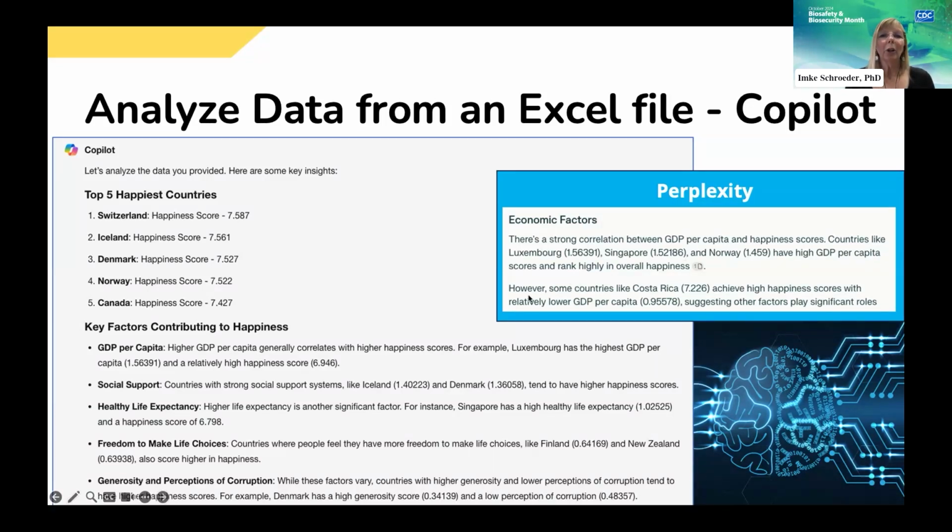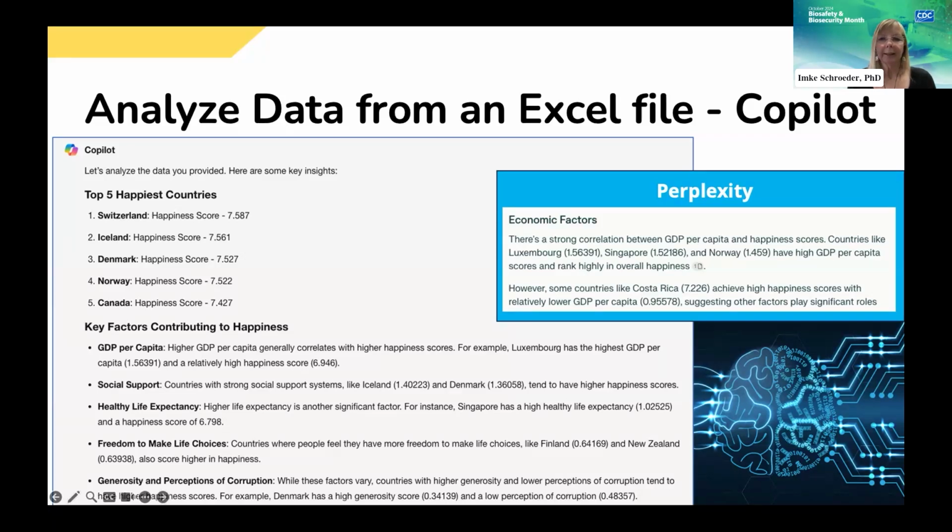But it also notes that, however, some countries like Costa Rica, anybody from Costa Rica here or likes to travel there, achieves high happiness scores relative to low GDP per capita data, suggesting other factors that may play a role there. So it's amazing in these analyses that these chatbots do statistical correlations.